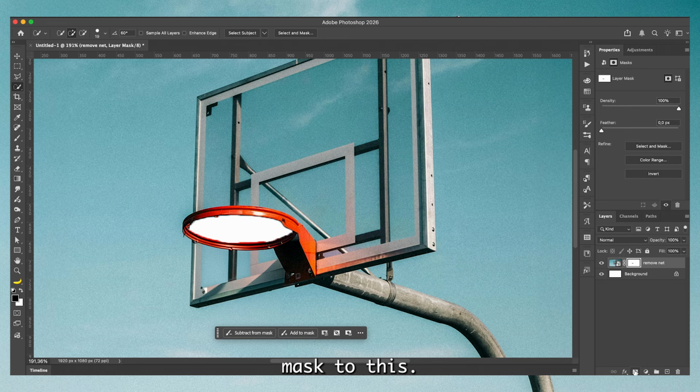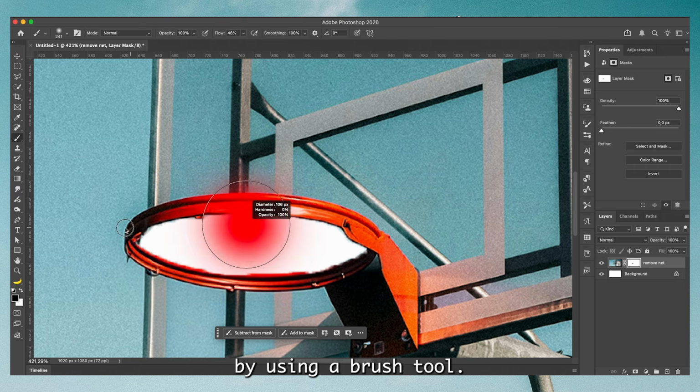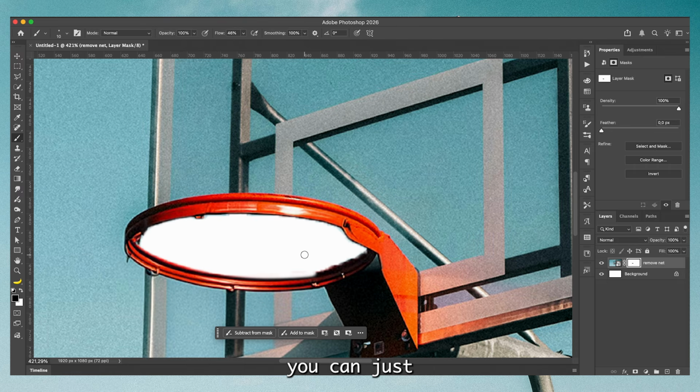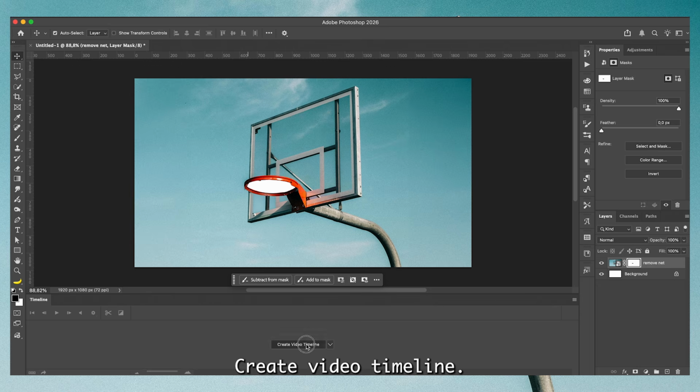Just add a layer mask to this. You can obviously refine this by using a brush tool. If you make a mistake, you can just use the white just to rebuild that. Once we're happy with our image, all you have to do is click on timeline, create video timeline, and now